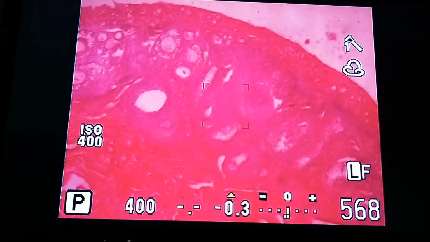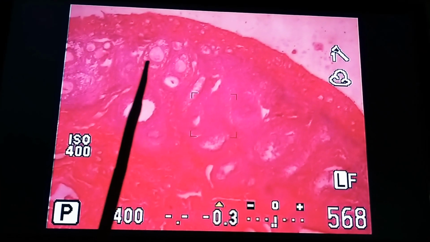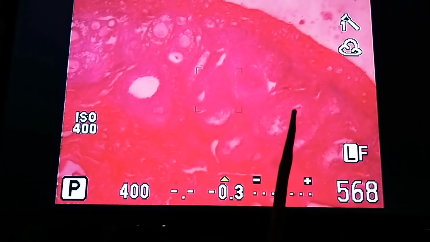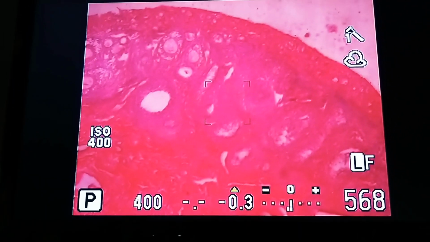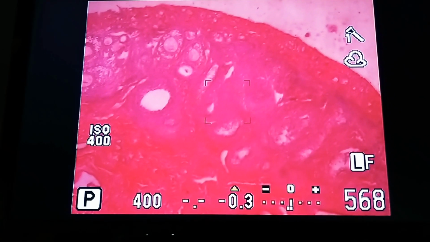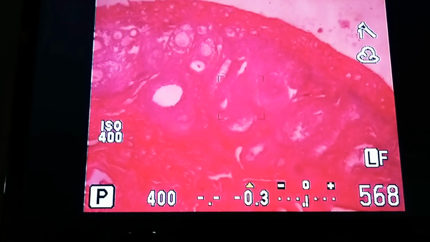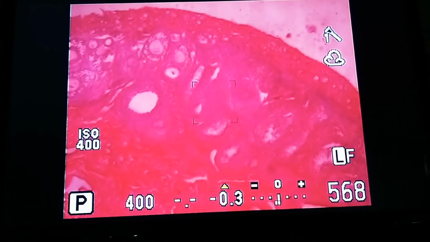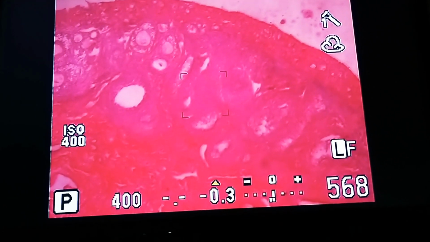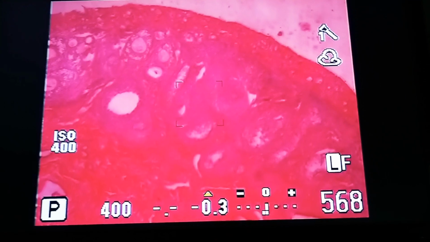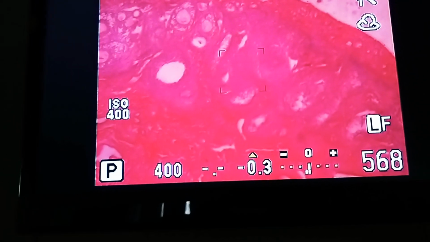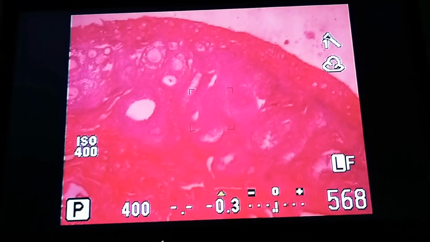Okay, I'm showing you the cortex again. So you can see here all different layers, and this is one of the corpus luteum. I'll show you a separate slide for corpus luteum. So you can see corpus luteum here. What is that? Corpus luteum forms after the bursting out of the Graafian follicle. After fertilization happens, the corpus luteum will be of two types, corpus luteum of pregnancy or corpus luteum of menstruation. All these we have already discussed in theory, so I don't want to go into details.